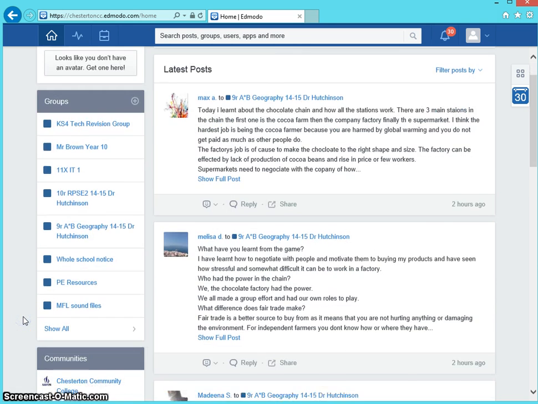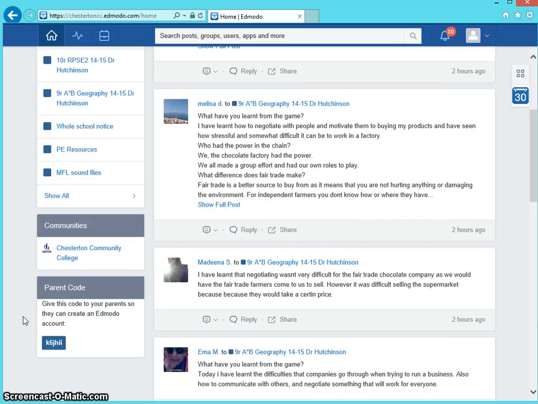If I navigate down the page here, you can see that I've got a parent code here, and it's this code that we need in order to sign up as a parent. So if I copy and paste this, so I'll copy this link, and your child can provide you with that particular code that's specific to you. So if we now log out